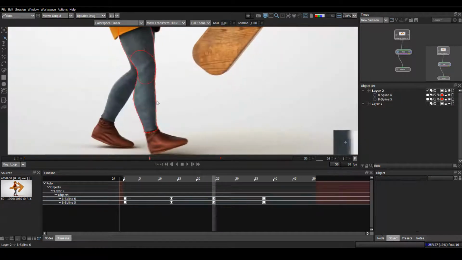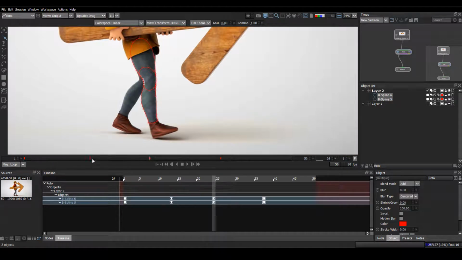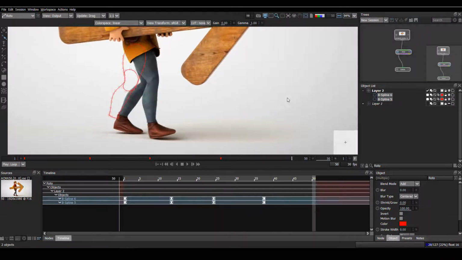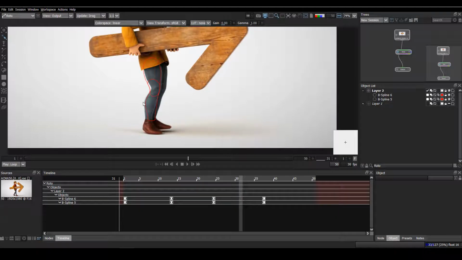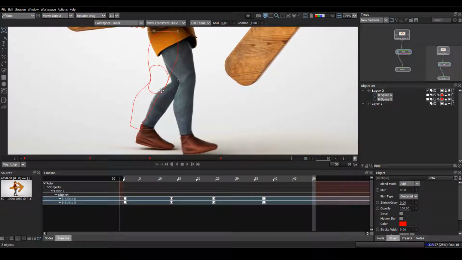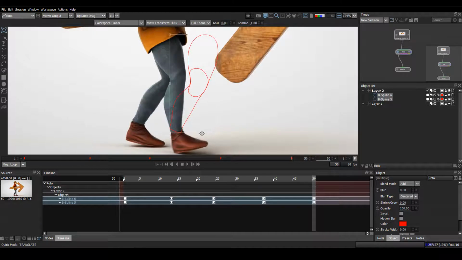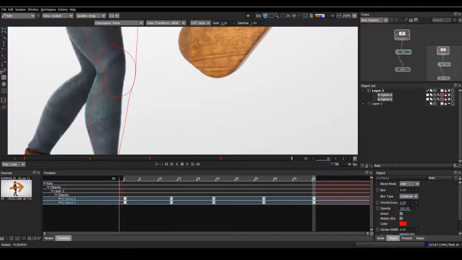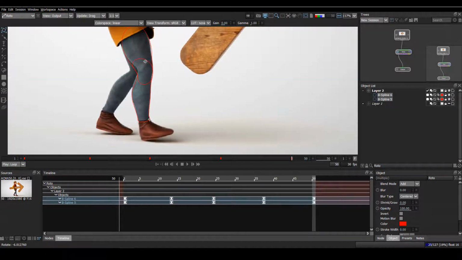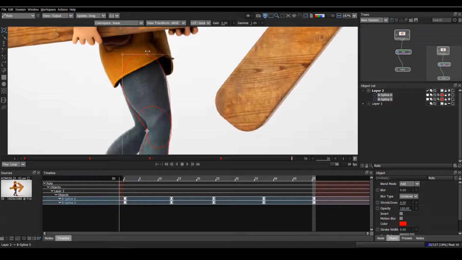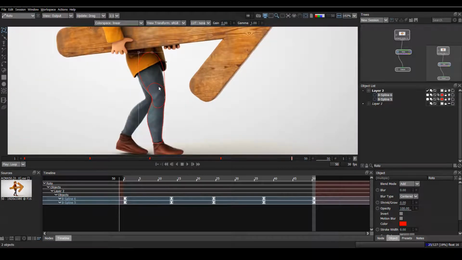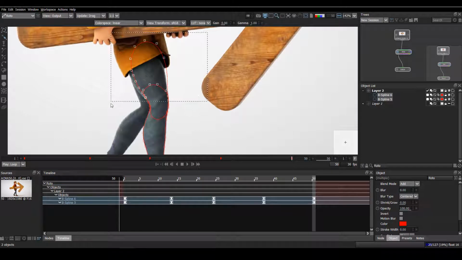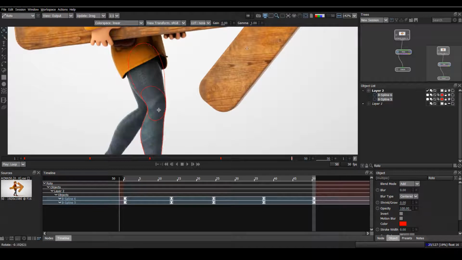So now here you can see there is a point here, here, and we need to put one point here also. So I'll go to the last frame and then I'll select the shape, move it, match one reference point, press W, rotate it like this. Okay, so we need to stretch it a little bit, and then after stretching we need to rotate it a bit. So I'll rotate it by pressing W and then rotate.